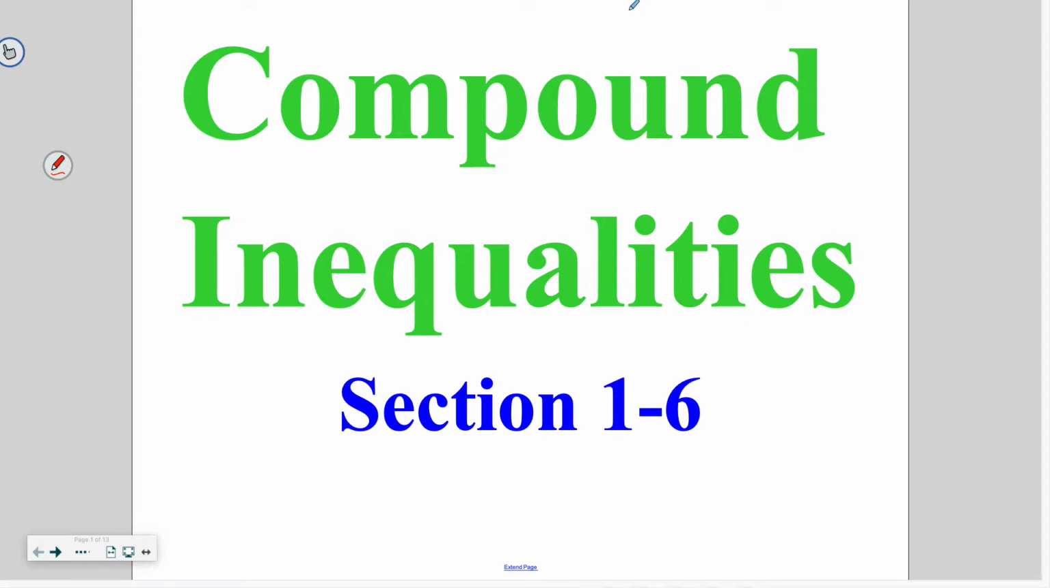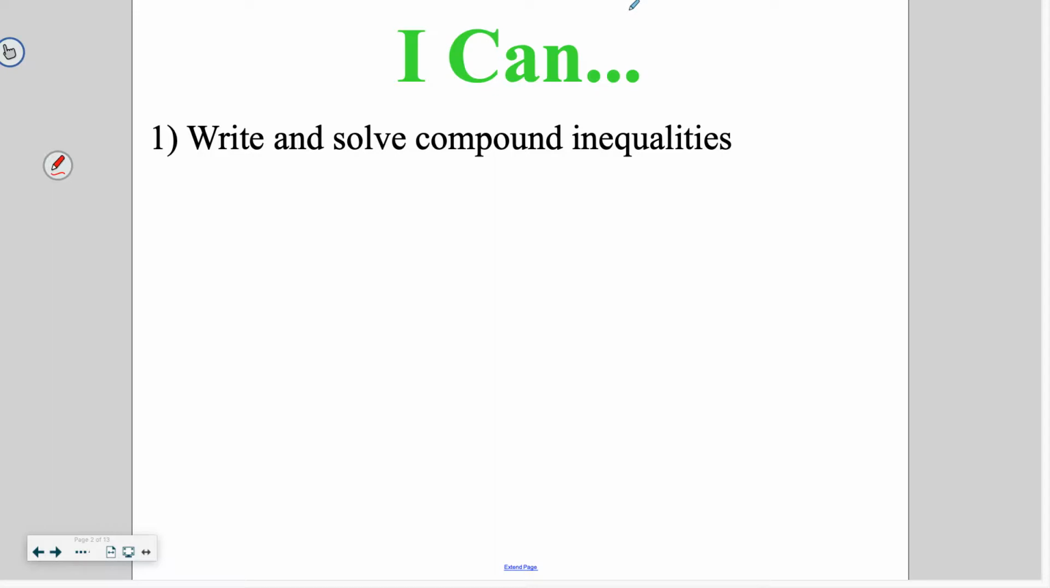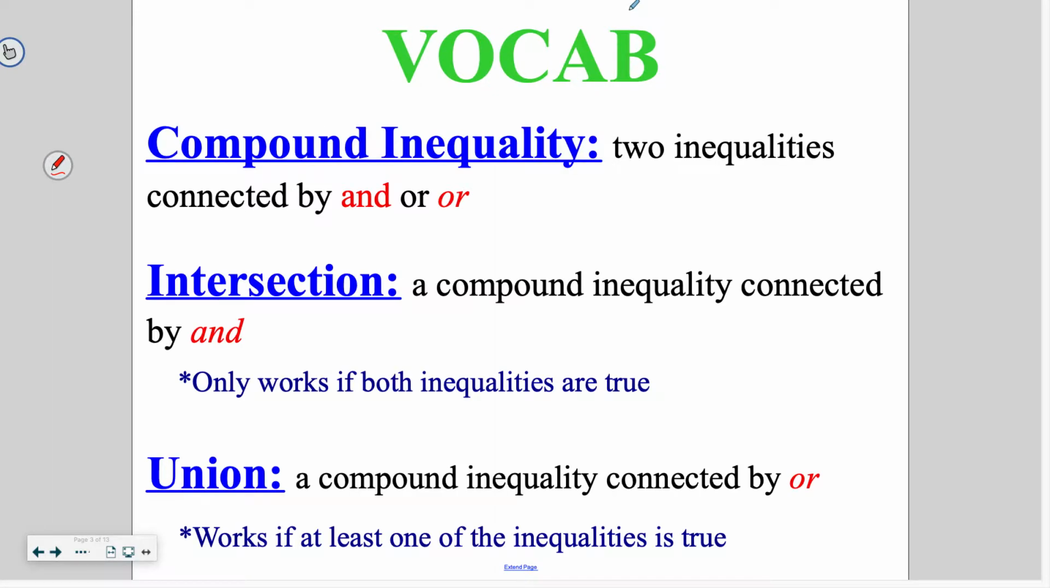Hello class, and welcome to section 1.6, which is about compound inequalities. By the end of today's lesson, you will be able to write and solve compound inequalities. A compound inequality means that there are two inequalities being put together, either put together by the word and or